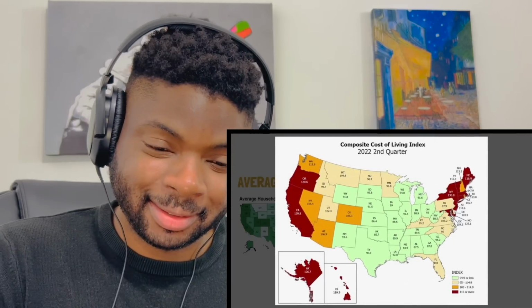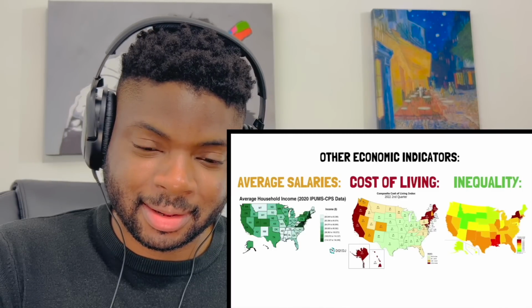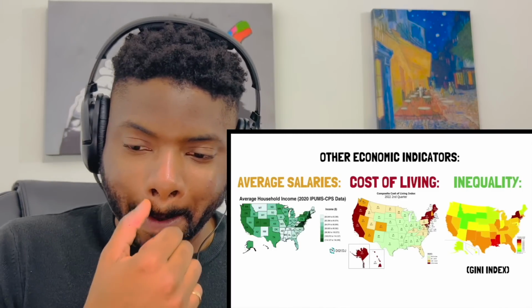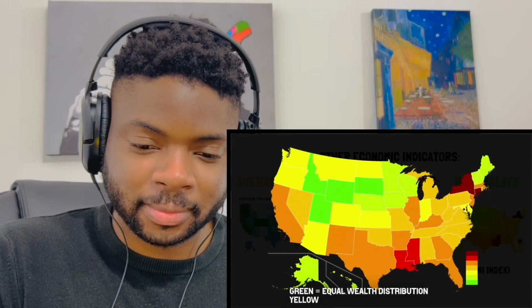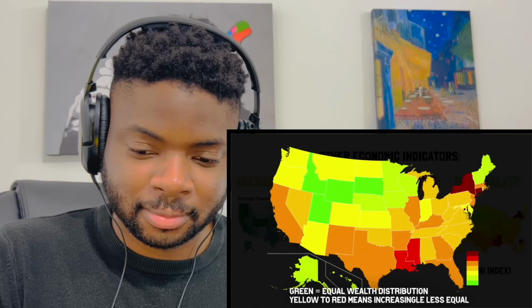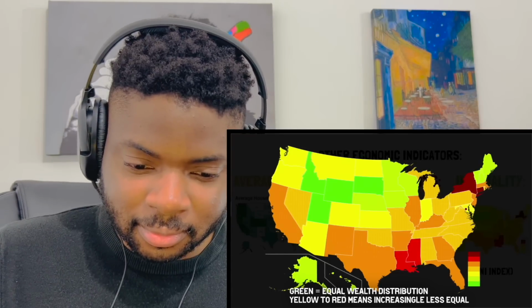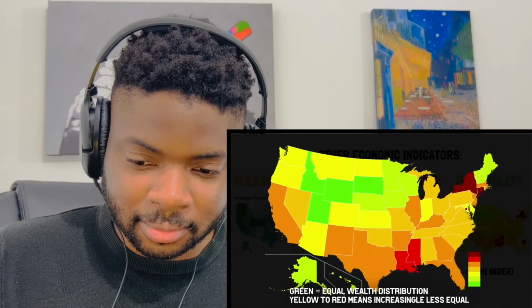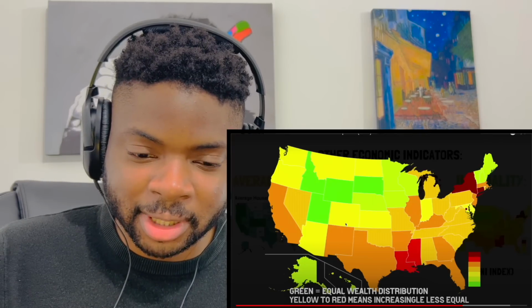But besides all these economic indicators, it's also important to take a look at income inequality. Maybe there's a lot of money being made, but most of it is concentrated on a very small minority of the population. This map shows us that information. The Gini index is only reasonable in Maine, Vermont, and New Hampshire. None of the west coast is in the green either, with only Washington being okay in the yellow. Back on the east coast, New York and Connecticut are the worst, along with Washington DC. Interesting how the best is kind of in the middle of the country.